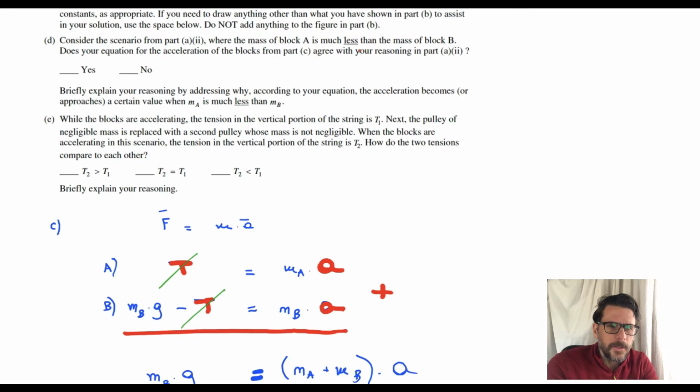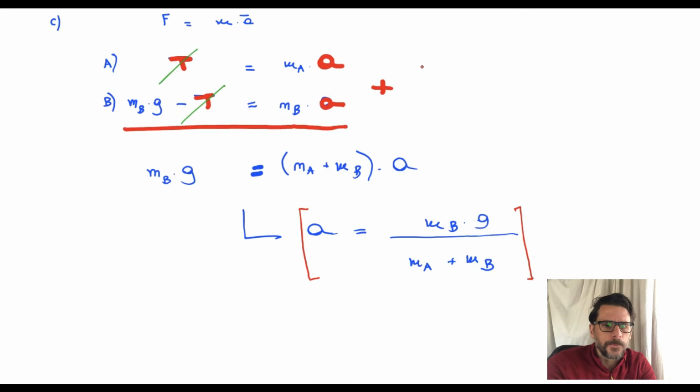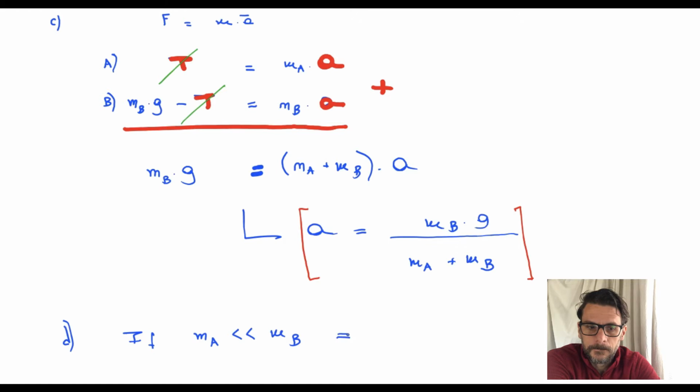Mass of block A is much less than the mass of block B. So, within this equation, what we must understand in part D is the following. If it happens that the mass of A is much smaller than the mass of B, then